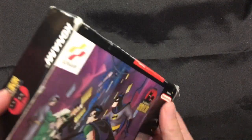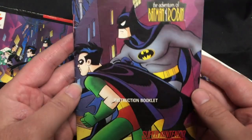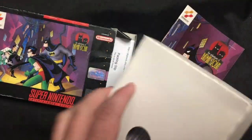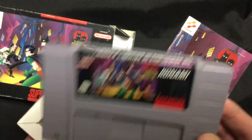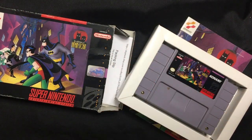I'm going to open it up here, check it out. It has a nice clean cart there and a nice clean crispy manual. I did pay up a little bit for that manual, but the box I got a really good deal on. And then of course I drop it. It's not worth anything. I dropped it again. So yeah, hopefully it still works. Alright, next up we have